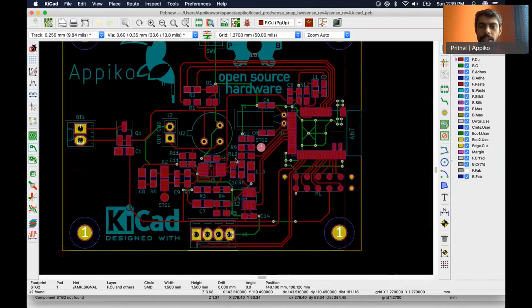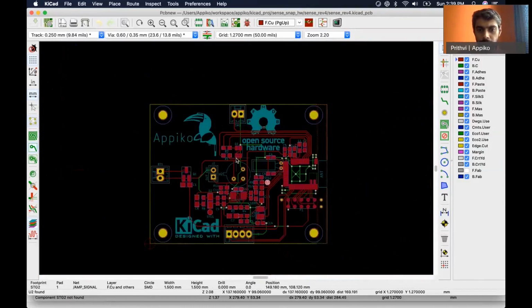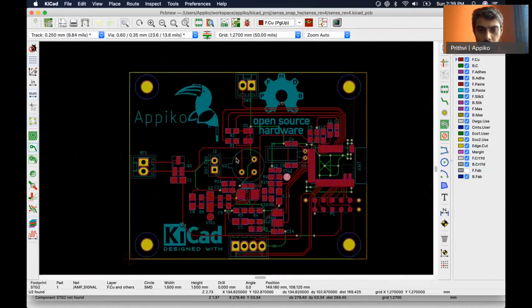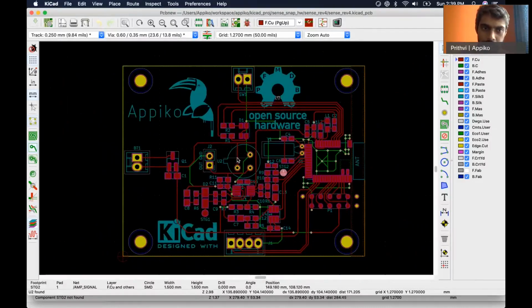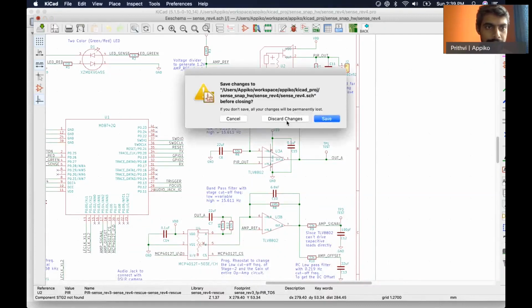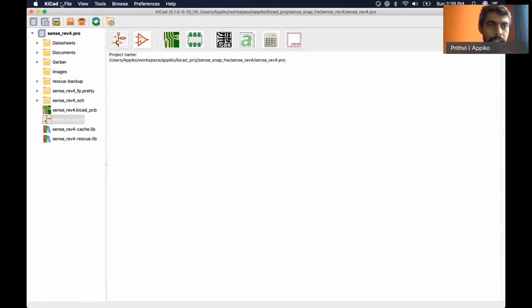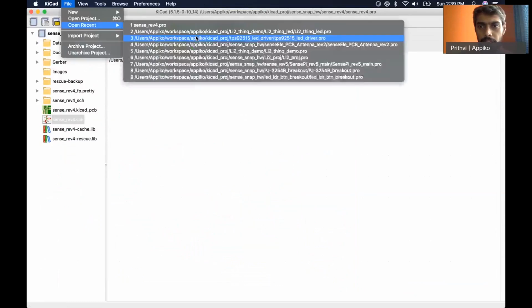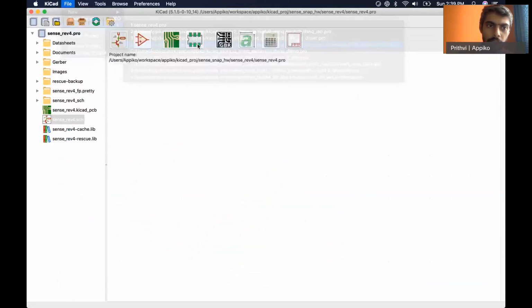With this we can see how the component placement in a PCB circuit is usually done. We'll take another example to look at component placement. This time we'll look at Sense LE, which is another product that we at Apico have developed.